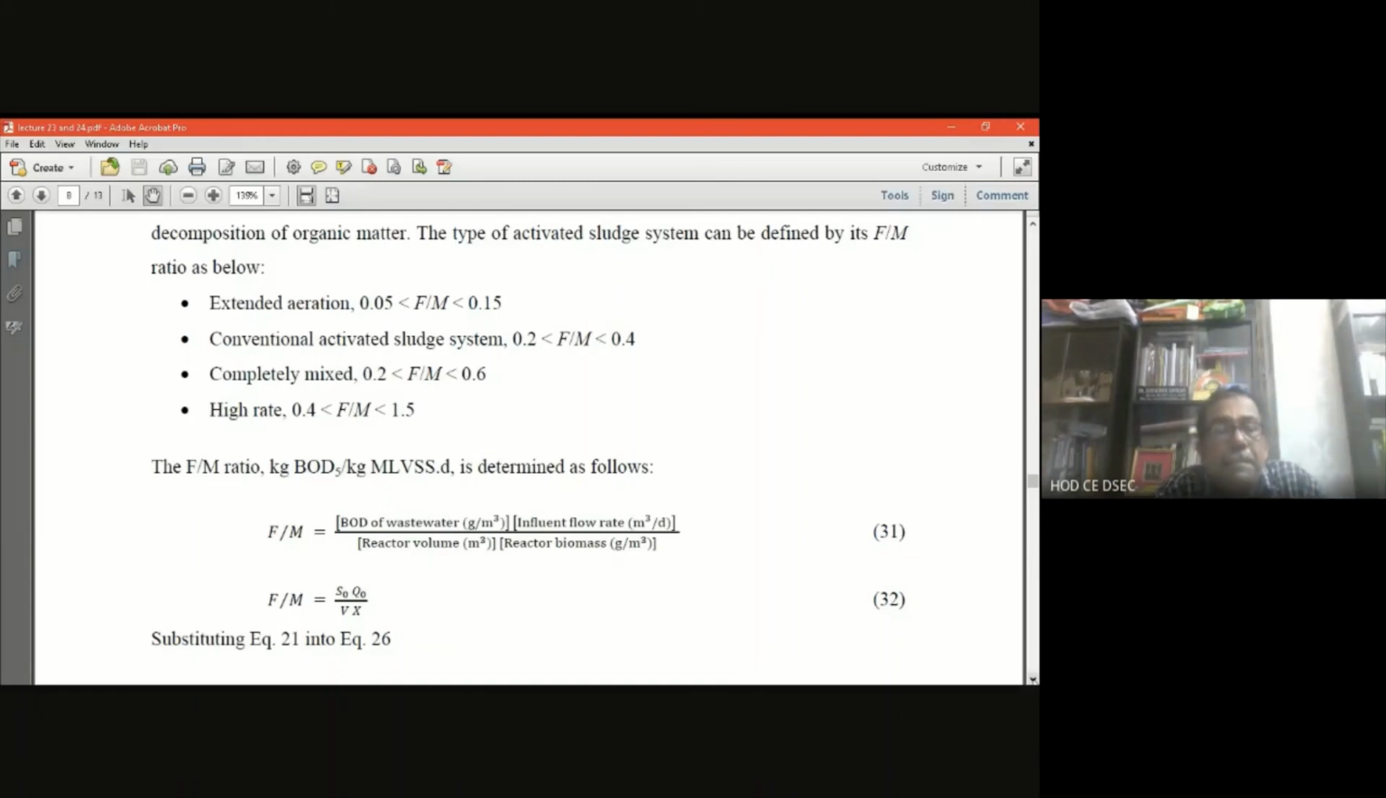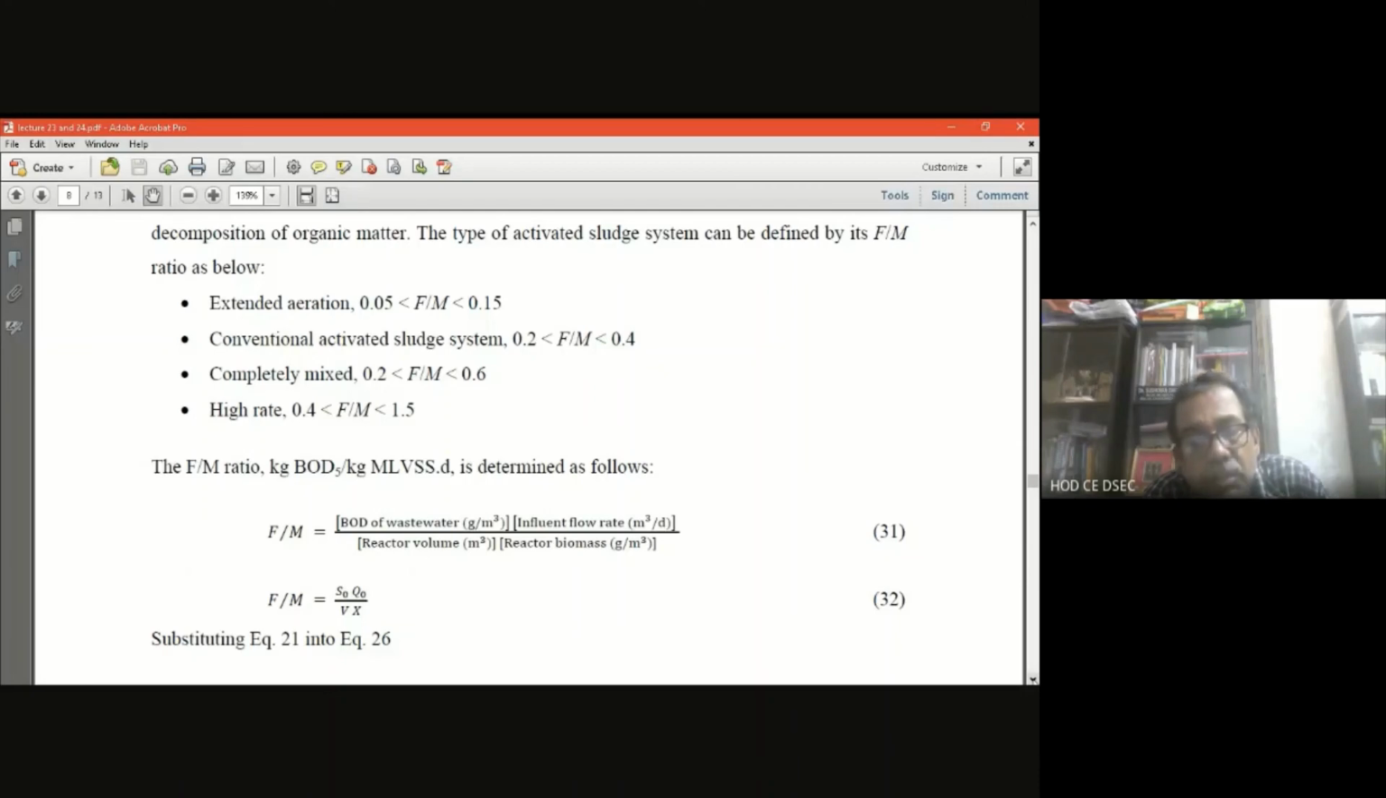Denominator part is the M, that is the microorganism, that is reactor volume into reactor mass. So these type things have to be kept in mind while calculating. I am again and again telling the same thing so that you can recapitulate in your mind. Don't forget these things, because whenever I am going to determine the biomass, then biomass concentration has to be multiplied